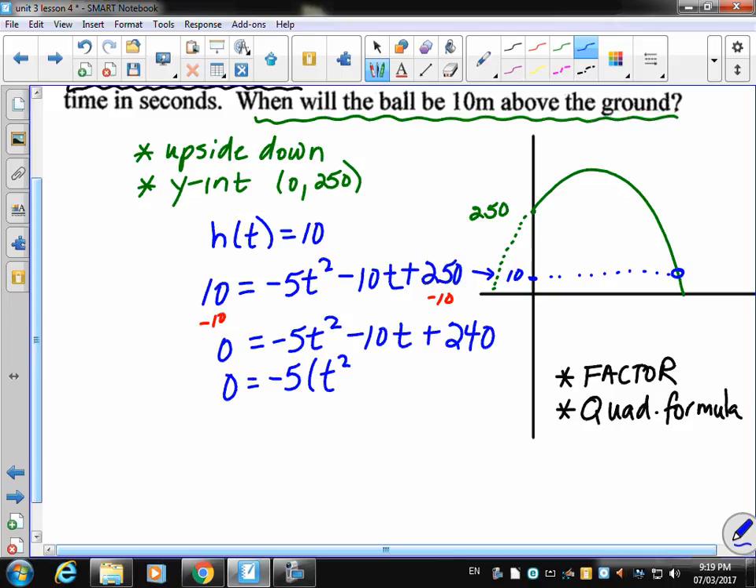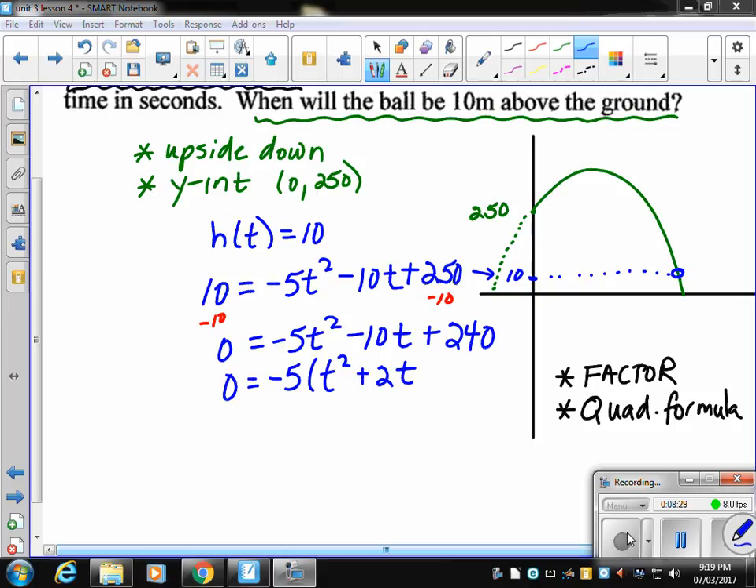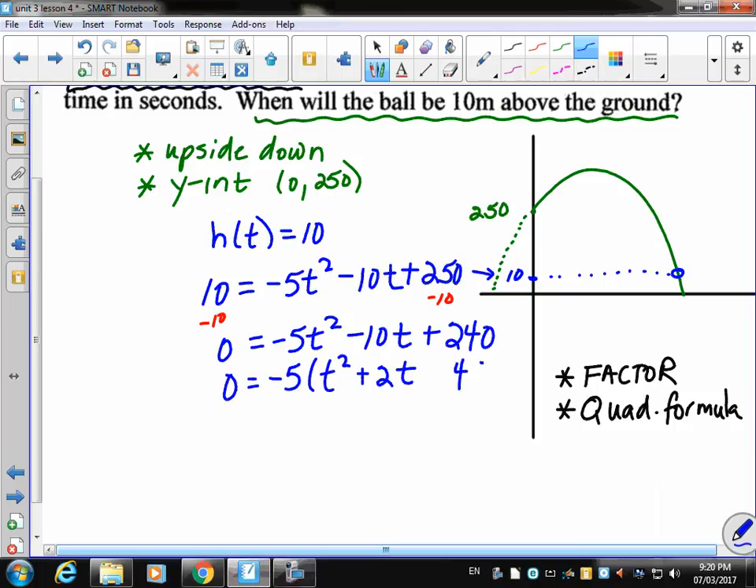t squared. I need positive 2t. And 240 divided by 5 should be 48. And I need a negative so that a negative times a negative is a positive. I want to factor this,